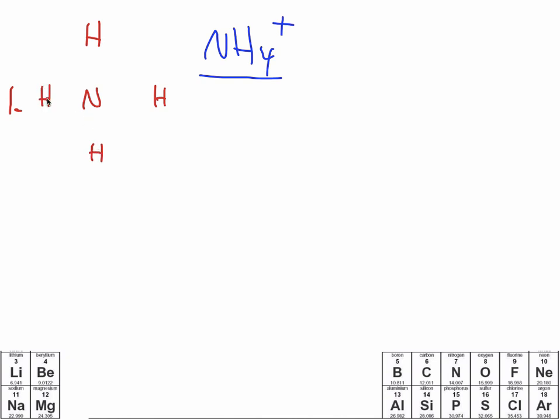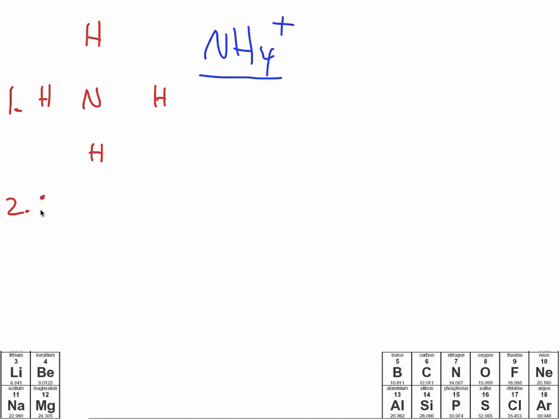Now, I'm going to leave you guys with a challenge problem to do right here. I want you to try and do NH4+. Press pause, and then press play to see if you got it right. So let's do this one. N, H, H, H, H. Total octet of electrons. So hydrogen only needs 2. 2, 4, 6, 8